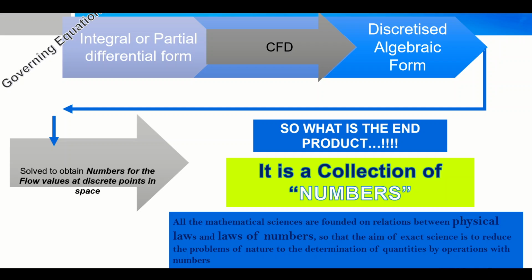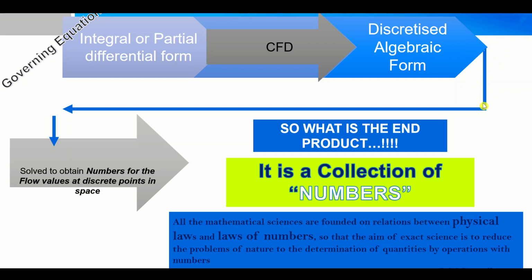So what kind of values did you give them? Have you given some numerical values? You must have given some numbers, isn't it? So that is what is happening over here. The CFD is converting these equations into discretized algebraic form of equations, and these equations are then solved by the